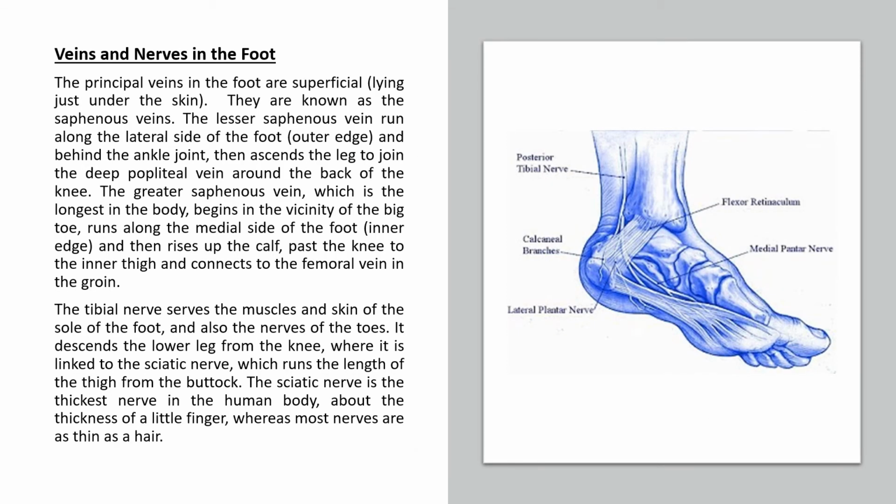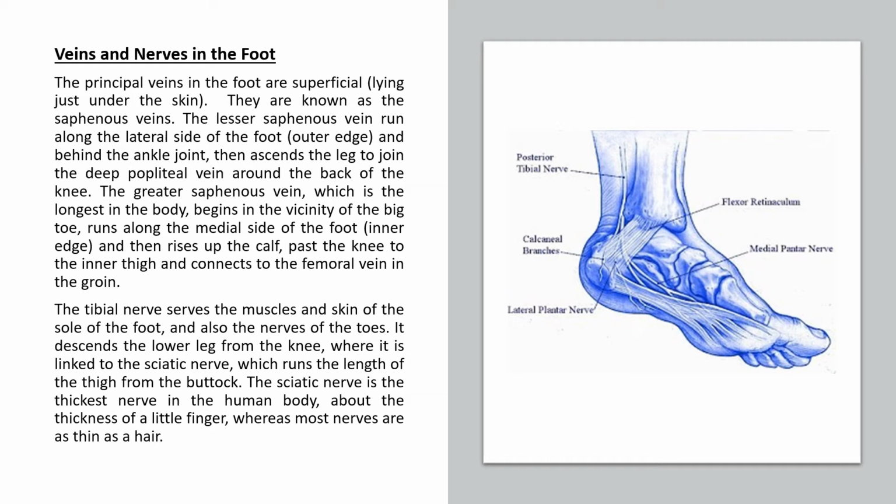Now let's look at the veins and nerves of the foot. The principal veins in the foot are superficial, lying just under the skin. They are known as the saphenous veins, and the lesser saphenous vein runs along the lateral side of the foot, the outer edge, and behind the ankle joint, then ascends the leg to join the deep popliteal vein around the